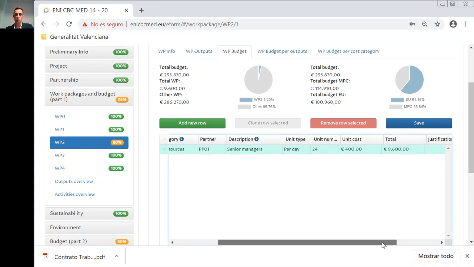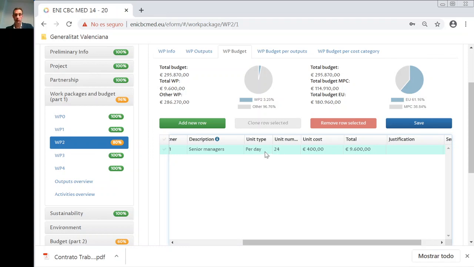And you have the total, which is calculated automatically. This is quite simple. We only want senior managers, how many days for all the senior managers working on the work package, and of course, what is the unit cost,